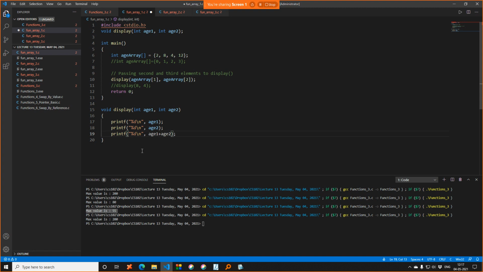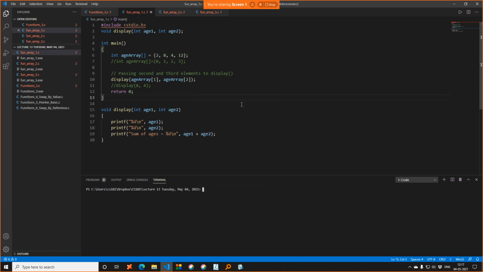Now what I am passing here is age array and the first. So I am passing the index number 1, not the first value, the first index. My first index is 8. So internally the compiler will feel as if you are passing 8, and for age array 2, what is the second index? Second index is 4. So you are passing 4.